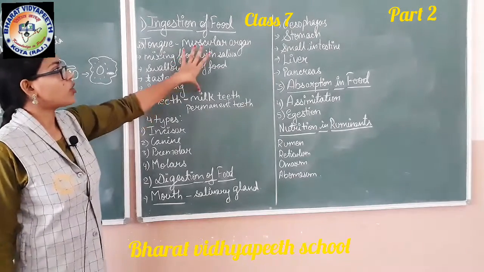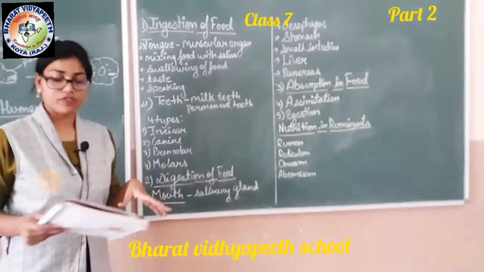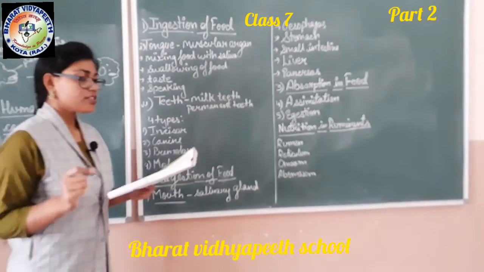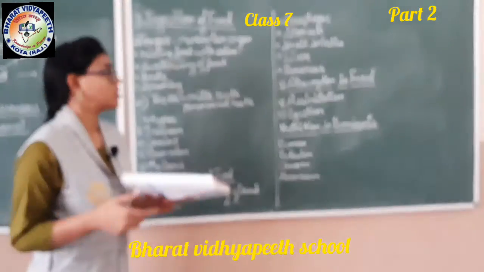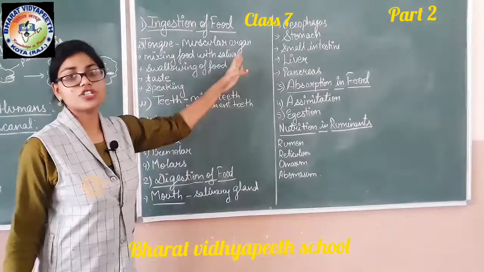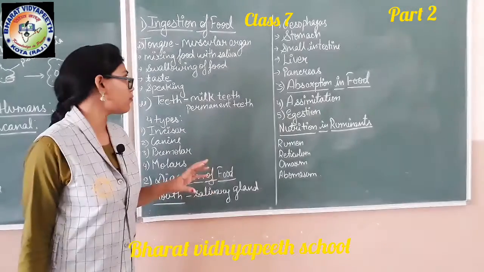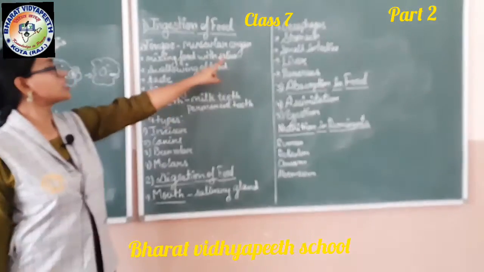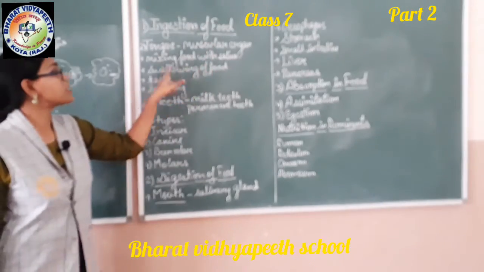First, when we talk about our mouth, what does our mouth consist of? Our mouth mainly consists of tongue and teeth. What is tongue? Tongue is a muscular, fleshy organ which does not have any bone. What does tongue do? Tongue helps in the mixing of food with the